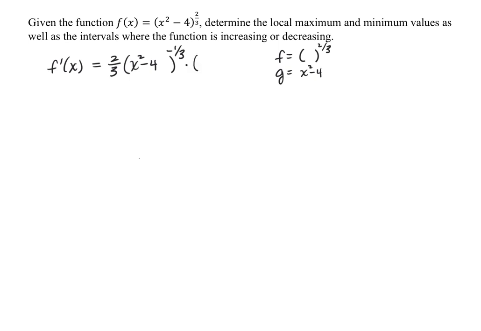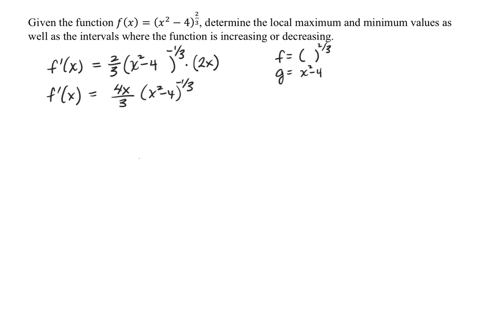And then remember that we chain on the derivative of the inner function, the g of x function. So we are chaining on the derivative of x squared minus 4, which is 2x. If we simplify a little bit here, basically we can multiply. We have essentially 4x over 3 times the x squared minus 4 to the negative 1/3